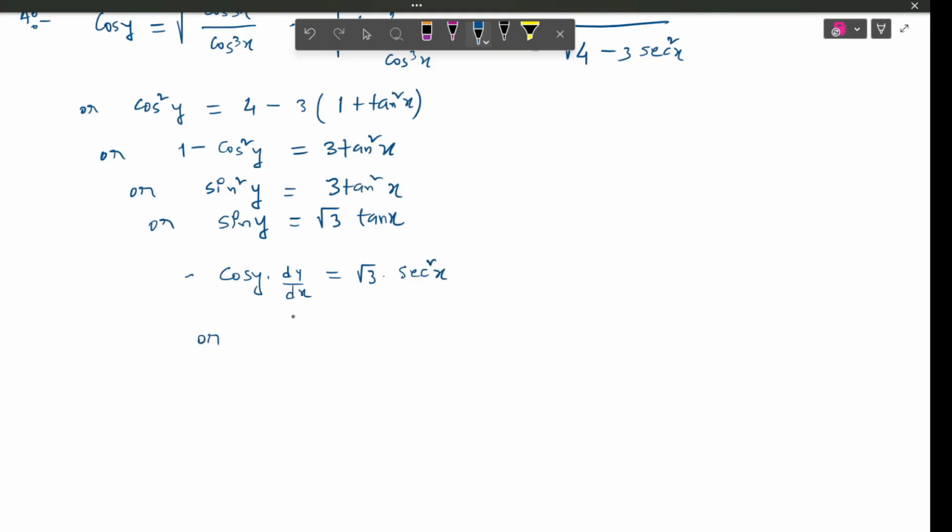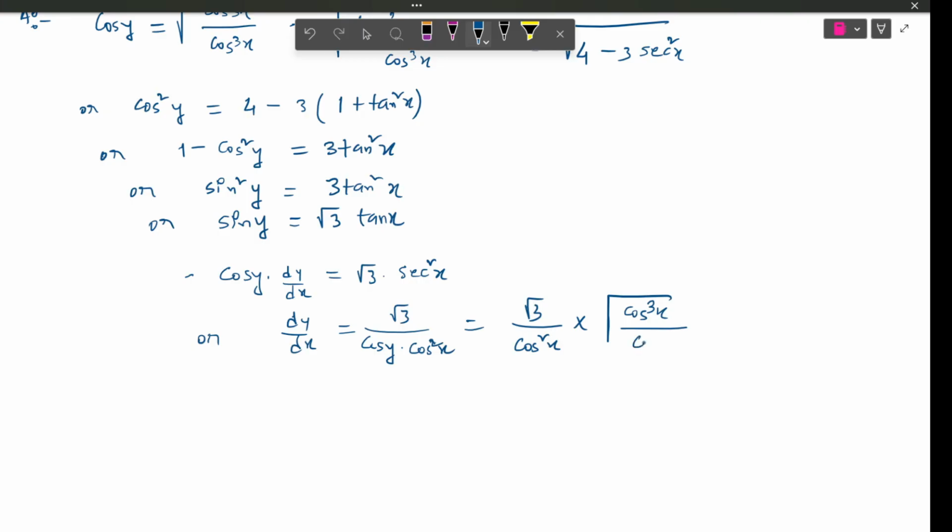So here dy by dx would be root 3 by cos y into cos square x. Sec square x is 1 by cos square x. So this should be root 3 by cos square x into cos cube x